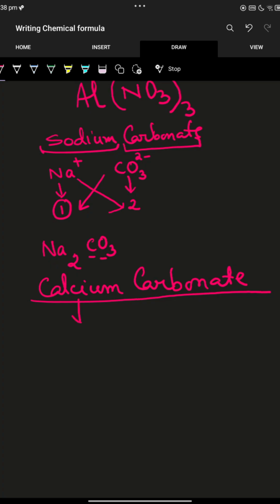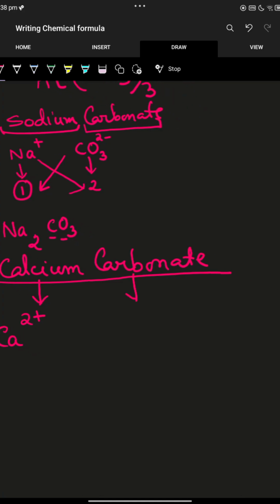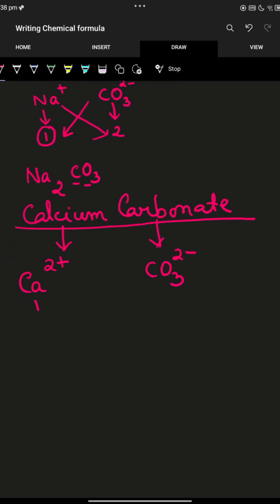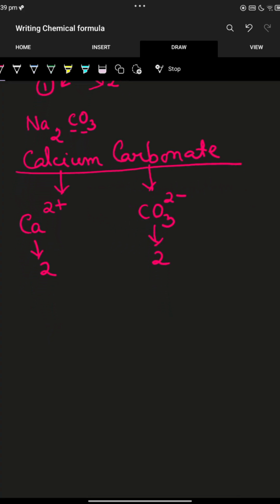So for calcium, Ca along with the charge 2 plus, carbonate CO3 2 minus. So valency of calcium 2, valency of carbonate 2. Now here you have a chance of reducing it to the simplest ratio. So if you write it,